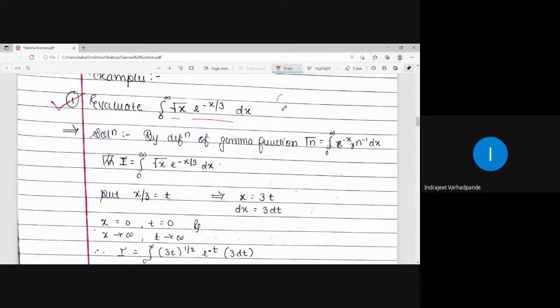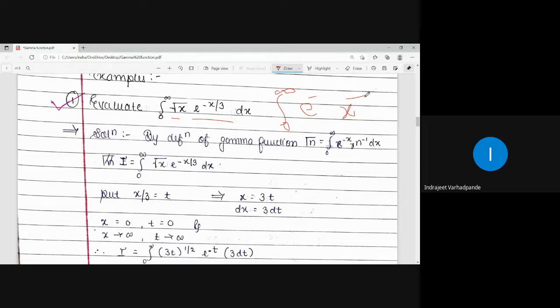So limits of integration are between 0 to infinity, an exponential term with the negative index, and the variable that is used also has some power. So we have to just try to simplify and get the term which suits the definition, and then we can easily evaluate the value. I told you many times that in case of definite integration, the variable doesn't matter.